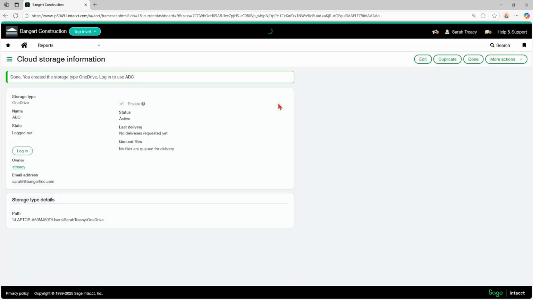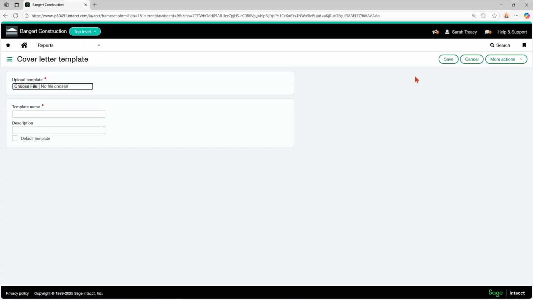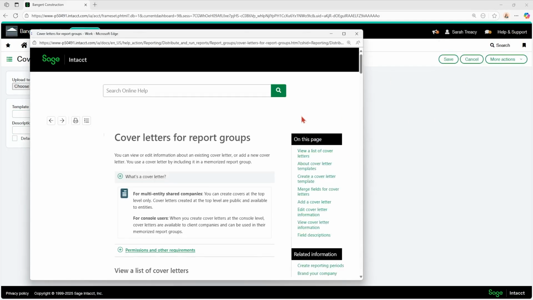So if you go into cover letters, I don't have any set up at the minute, but you would hit add. And this is just to send out with your reports. Obviously, you build out a template. You can do it in Word and use the different merge fields within the system to access different fields from those reports, give it a template name, give it a description. And then when you're creating those memorized reports, you can say, this is the cover letter that I want to use with that. And as always, you can hit help and support, help on this page, and it brings you